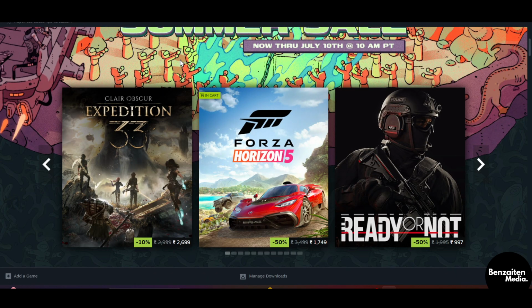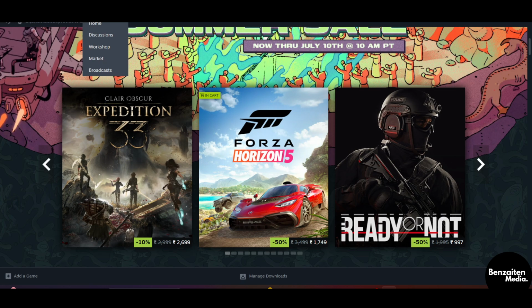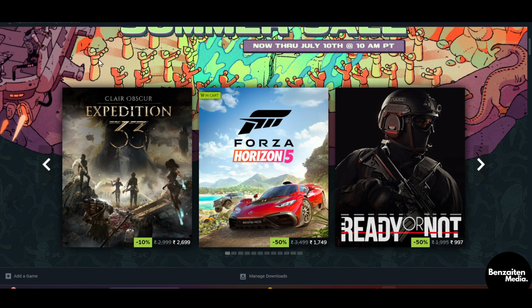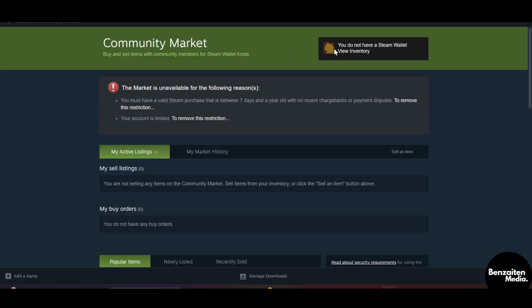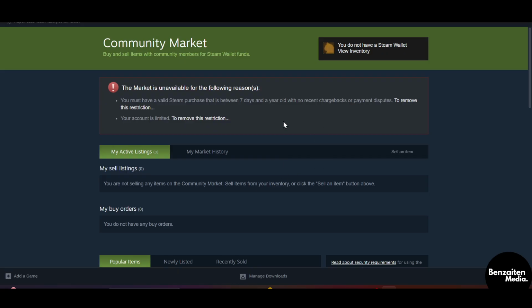From here, at the top left side, you can see the Community tab. Hover over it and then click on Market. Now, when you come inside the community market, you will see that your market is not activated. This is because you need to communicate with the Steam market by purchasing a game or adding funds to your